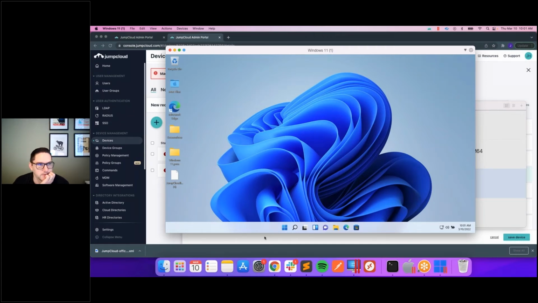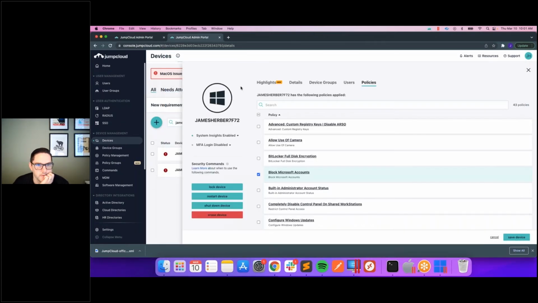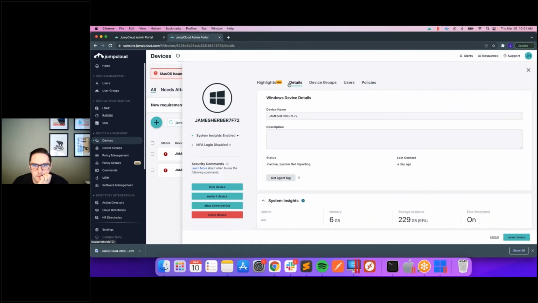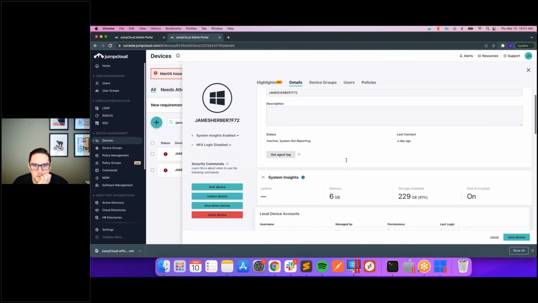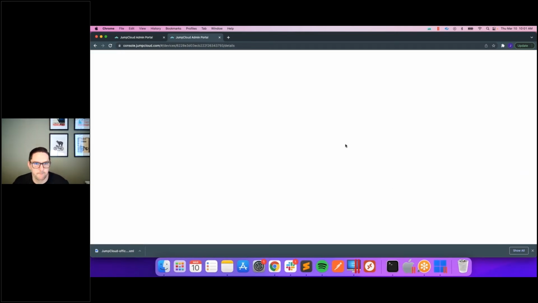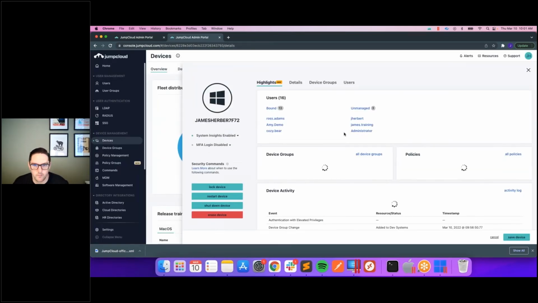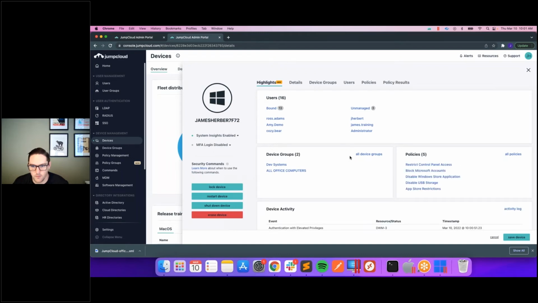All right, so let's see, what are we doing? Details. Let's refresh this. All right. Yeah, so now we can see all the bound users, the device groups that it belongs to,